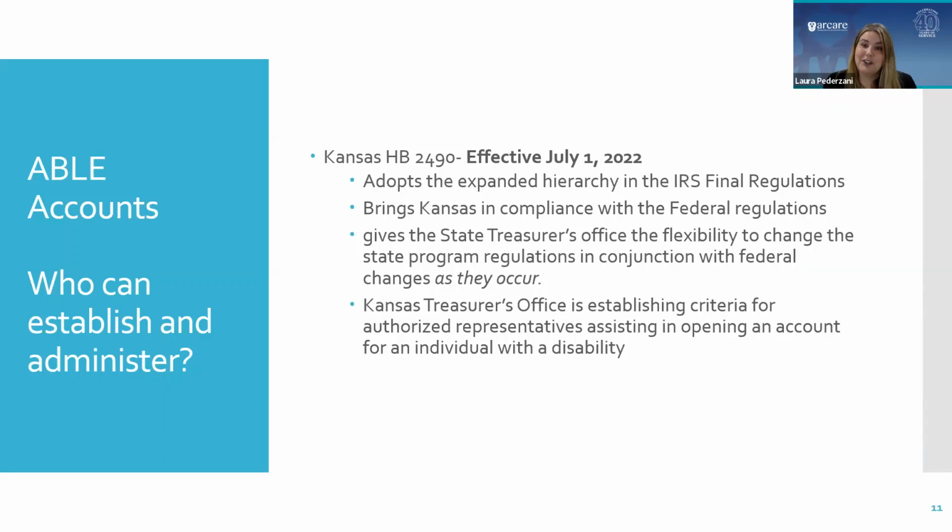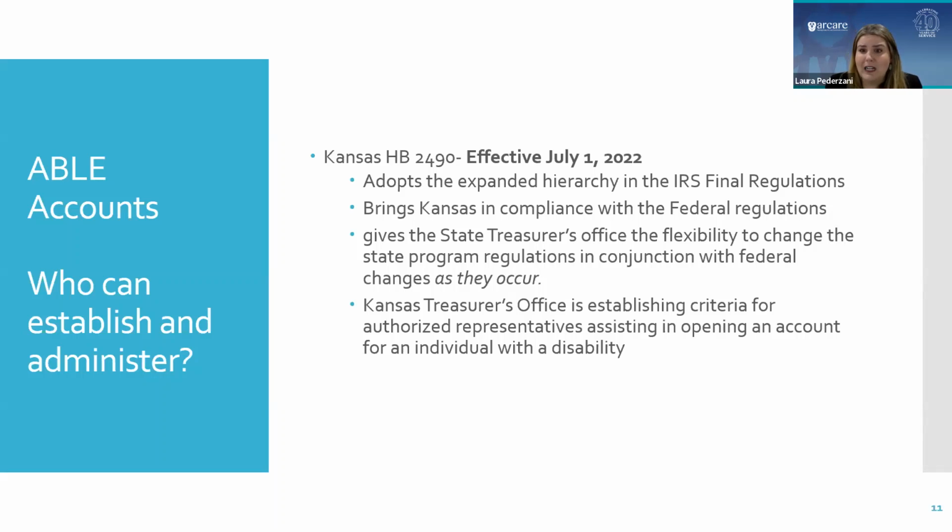So again, currently we talked about you have to be the individual, an agent under power of attorney, or guardian or conservator. If you are none of those, after July 1st, if you rank lower in that hierarchy, you're going to be able to assist someone. This bill again had huge bipartisan support in the Kansas House and the Senate. We at Arcare were very proud to have testified in front of the Senate committee and in front of the House committee in support of this legislation,